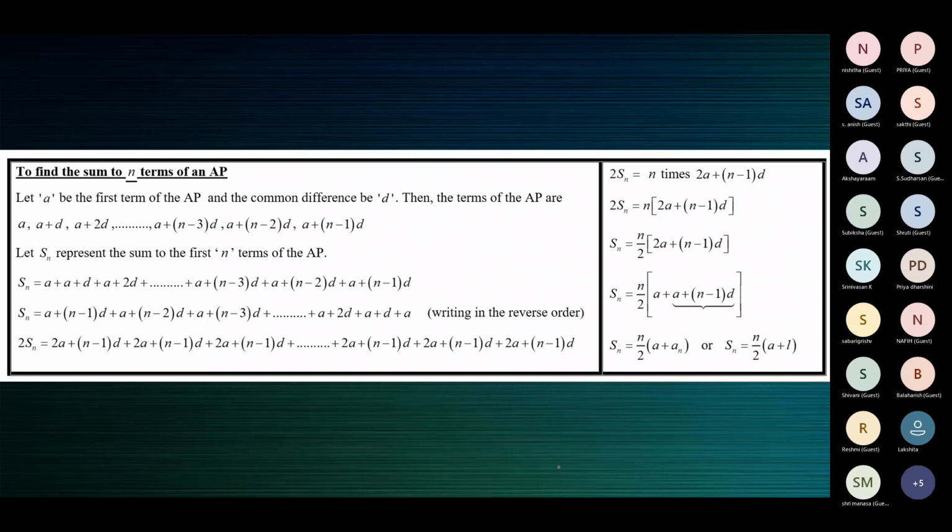So if it's an infinite AP, meaning you don't know the last term of the AP, then you cannot find the sum of all the terms because you don't know where it ends. But for an infinite AP, you can find the sum of its first 100 terms, first 1,000 terms, or first 50 terms. If it's a finite AP, that is, you know the last term, you can find the sum of all the terms because you know where it ends.